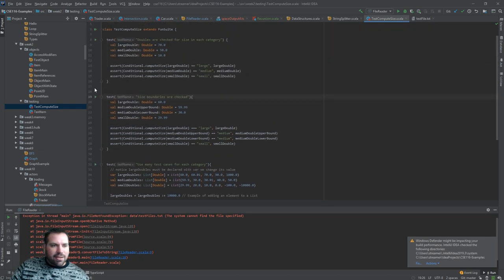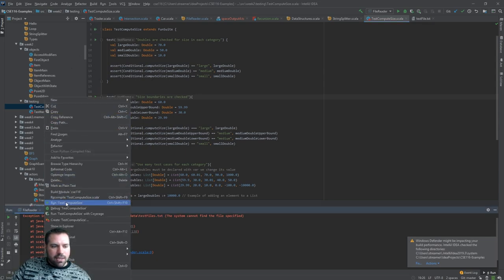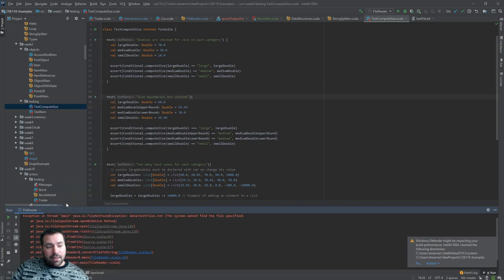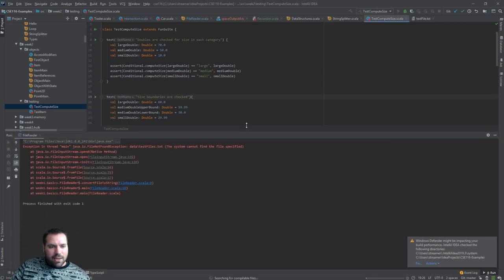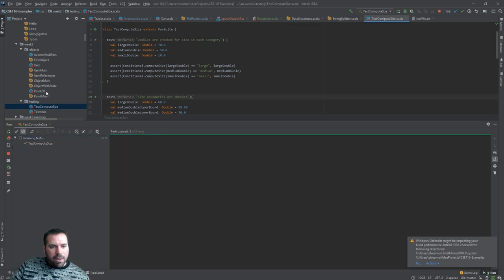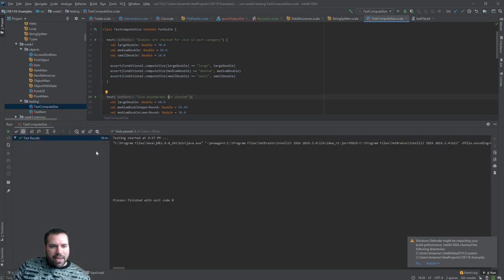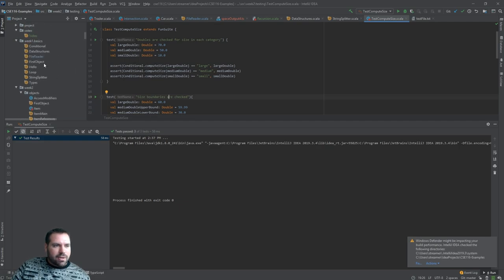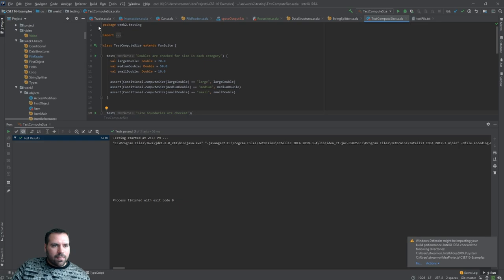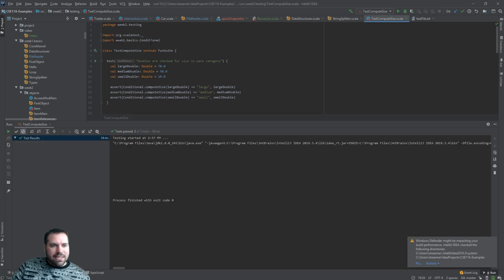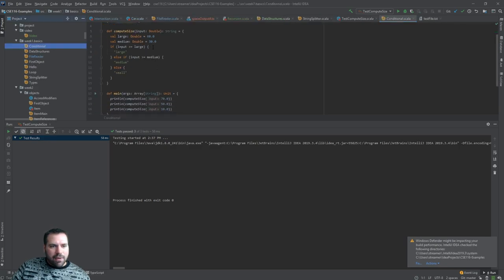And with tests, I have all these green arrows I can hit, or go over to the test, right-click, and run it just like you're running a program with a main method. And once I run this, I'm going to get some feedback about my code. And here, everything passed, so there's not much to say, but I got this green check mark. That means everything passed. Your code looks good according to these tests. And if I go to conditional, week1.basics.conditional.computeSize, which is this method that we wrote last week, if I break this,